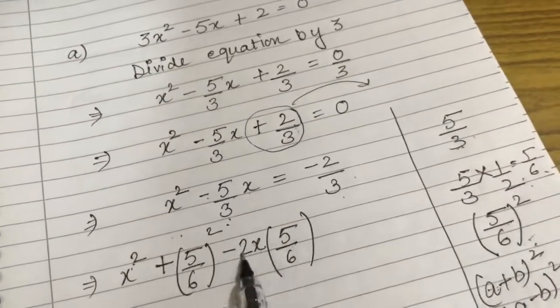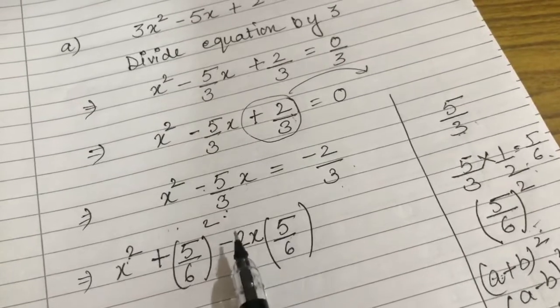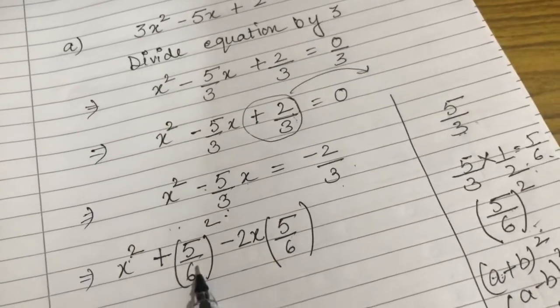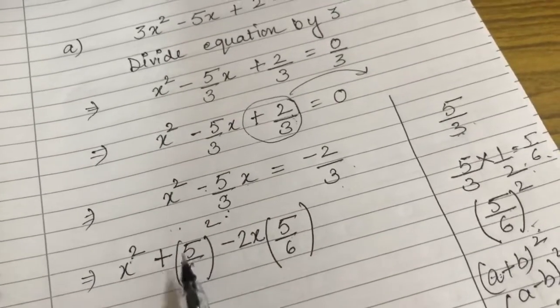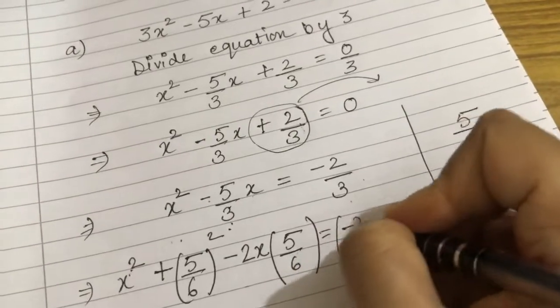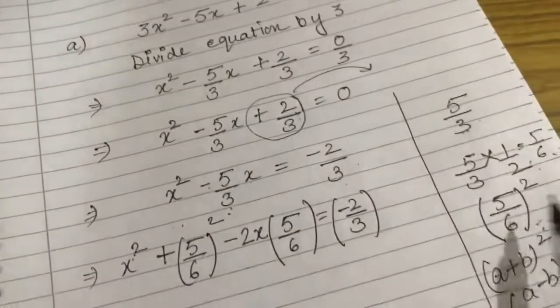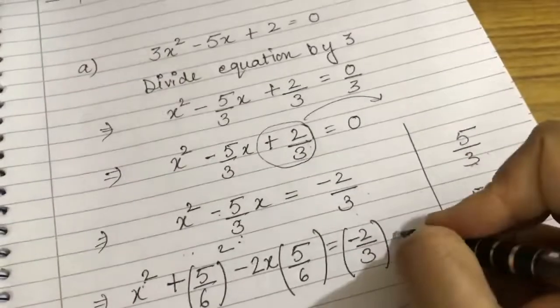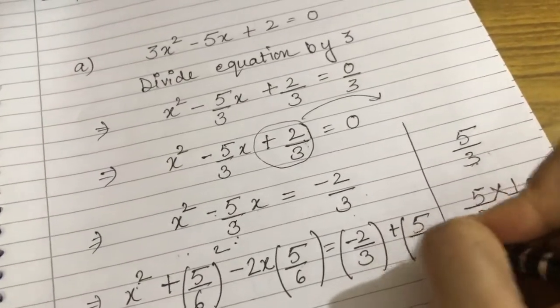तो आपको क्या करना है, ये मैंने बता दिया, और यहाँ पे ये -2ab की फॉर्म में लिखना है, जिसमें कि 2 आपका फिक्स हो गया, a आपका x है ही ऑलरेडी, और b आपका कितना है 5/6। तो ये दोनों नंबर आपके सेम होने चाहिए। इज इक्वल टू -2/3 ऑलरेडी है, और हमने क्या करना था, ये दोनों साइड ऐड करना था। तो जब इधर किया LHS में, तो RHS में भी सेम नंबर विल बी एडेड, सो इट विल बी